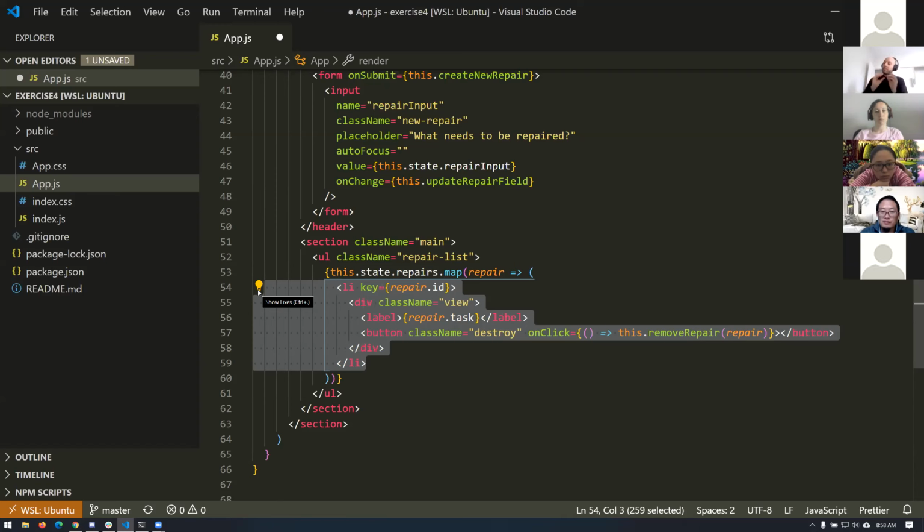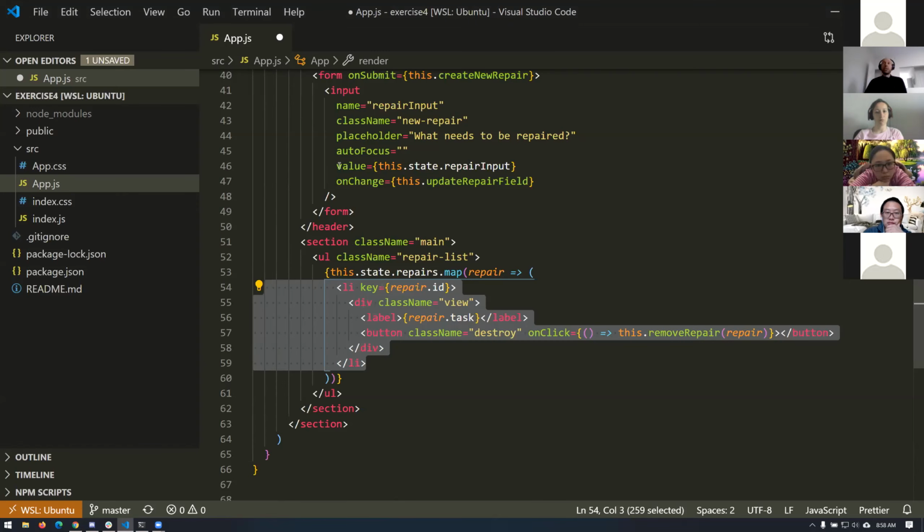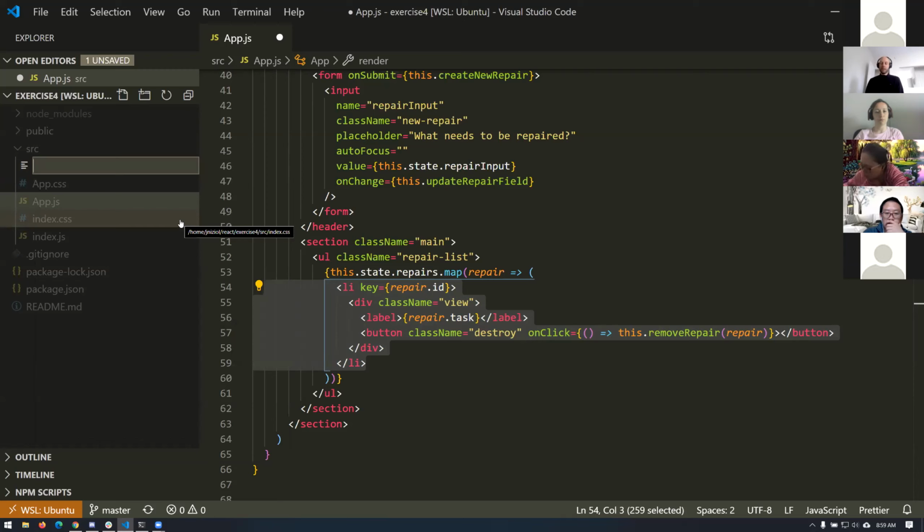Not only that, but we want to be able to create something maybe reusable. Maybe we have a repair somewhere else that we can then reuse this little component, okay? That's the idea. Whether or not we actually are reusing it is not the important part. The important part is we could reuse it. And again, it makes it easier for us to reason about the program. Okay. So we're gonna say